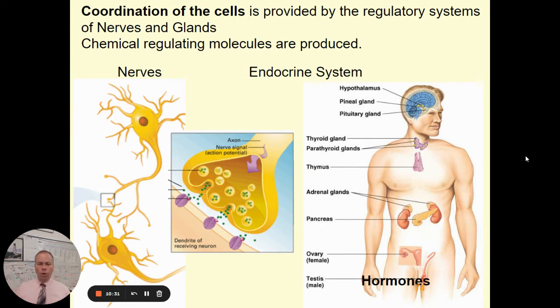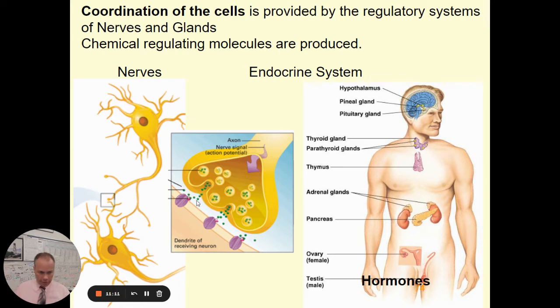Activities in the body are coordinated by two different systems, the endocrine system of hormones and the nervous system. The nervous system works using electrical and chemical signals to pass information from one part of the body to another. The individual nerve cells, these neurons, communicate and send messages from one place to another. They work by conducting an electrical signal down the axon of a neuron. Then once the message gets to the end of the neuron,